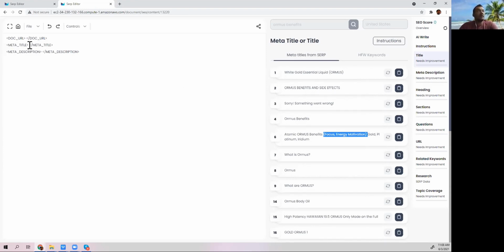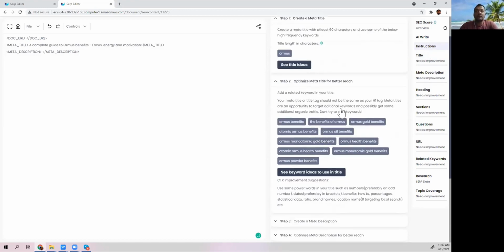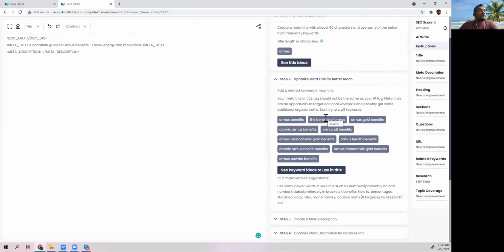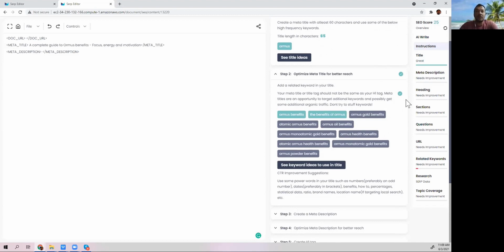And we can always come back to it and edit it based on the other information that we get for optimization. So, okay, let's go back here to instructions and see what other things it is suggesting. All right, we use benefits over here. Let's go ahead and just refresh the score. It tells you what you're using here. Okay, so we have passed this requirement and we got a checkbox. We've passed this requirement, we got a checkbox as well.